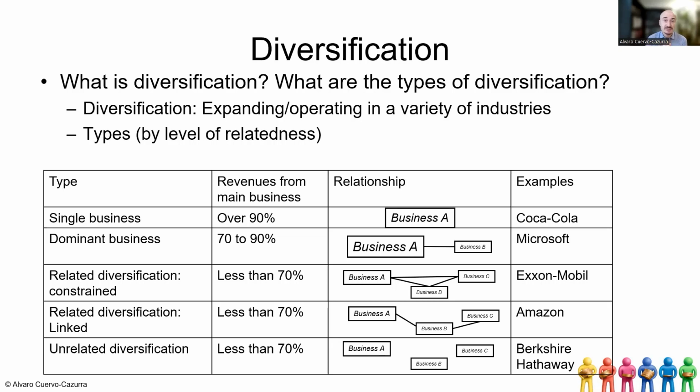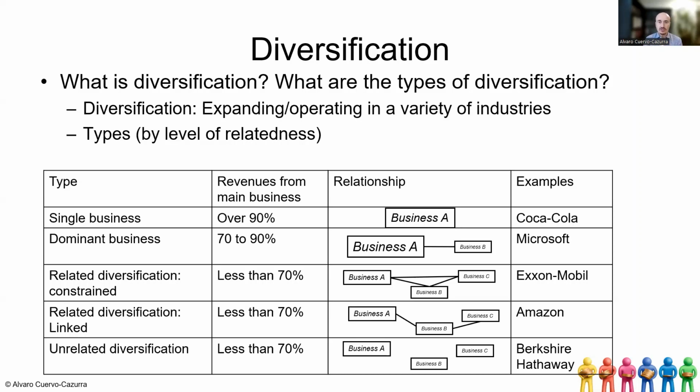How do I understand the types? Here, it's important to note that, like other types of expansions, there is a degree of flexibility in terms of identifying them. Single company, that's pretty much what you do. Over 90% of your revenue is coming from that business. Of course, 90% is like any other number, somewhat arbitrary, but it's an indication that you are highly concentrated in one activity. That's what your effort is. That's what you're doing. People identify you as doing that activity. This is single business.